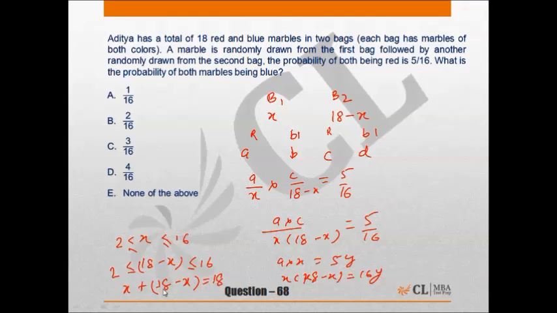As the sum of two positive quantities is given, we can find the maximum possible value of x into 18 minus x, and this will be realized when both these quantities are equal, that is 9 into 9, 81. So the maximum possible value of x into 18 minus x can be 81, from where we can say that